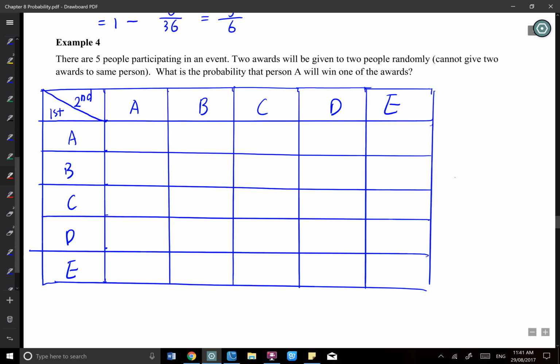And you know that two awards can't be given to the same person. So I'm not going to have this box, because we can't get A-A, B-B, C-C, D-D, E-E. What I will have is, for the first one, A-B, A-C, A-D, and A-E. That's the first award given to A, and for the second I don't care who it's given to. And the second one is